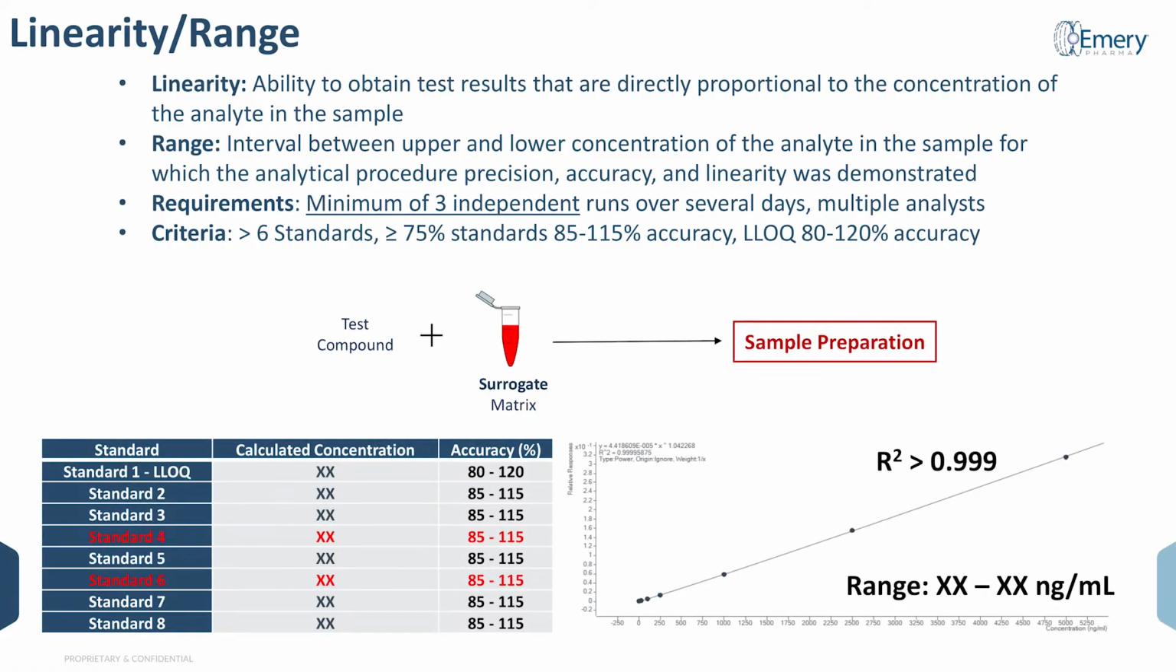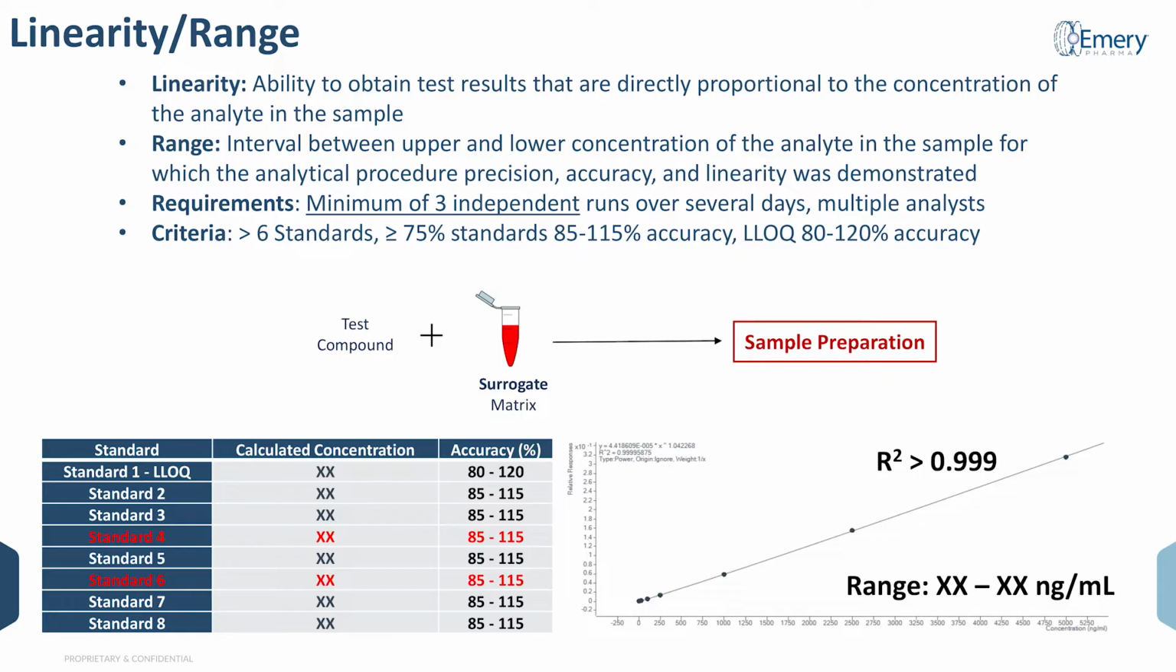The next step moves to actual quantitation. So how do you accurately quantitate these samples in these matrices? The assessment that we do here is called linearity and range. What linearity is telling us is the ability to obtain a result that's directly proportional to the concentration of analyte. And that range is the interval between that low and high end where we're able to still maintain accuracy and